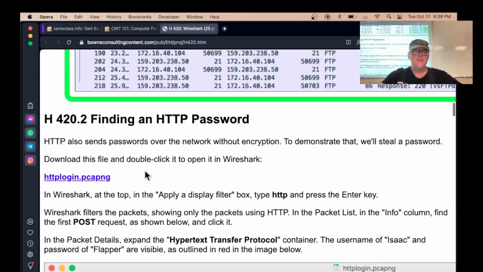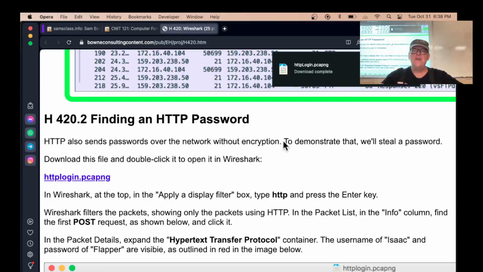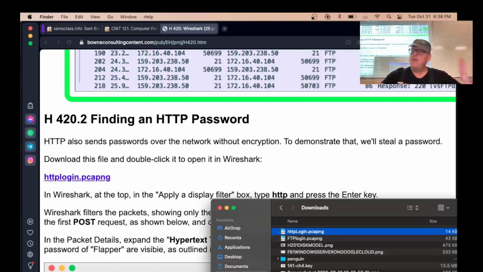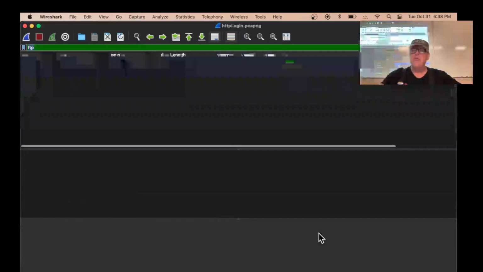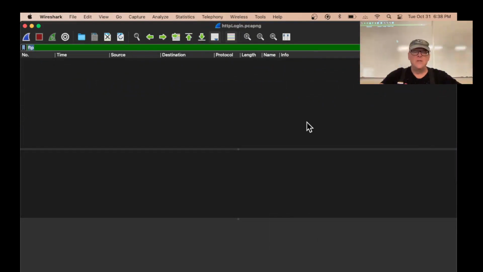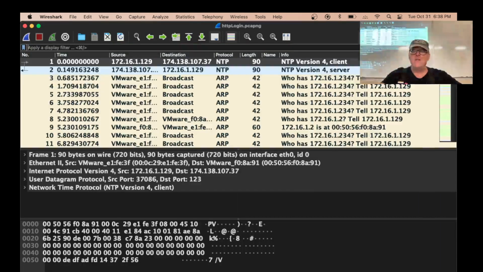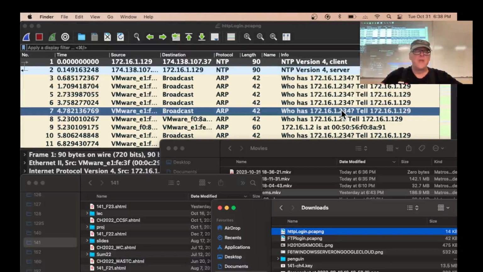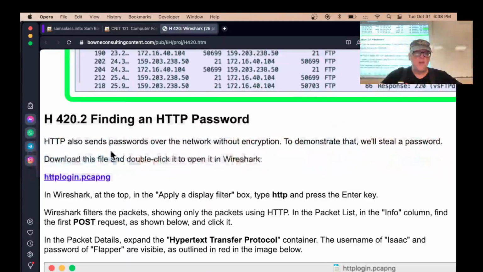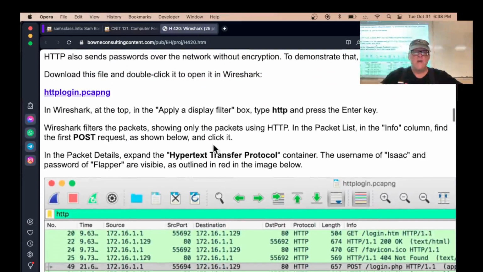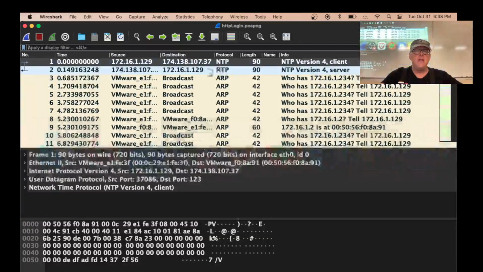All right, and then let's try HTTP. HTTP, not HTTPS, suffers just as much from a lack of encryption. So, if I open this one, now I don't see anything because my filter still says FTP. I have to clear that filter, and then I'll see the data here. Now I want to filter for HTTP the same way. All right, and we're going to see an HTTP login, which is not encrypted either, but